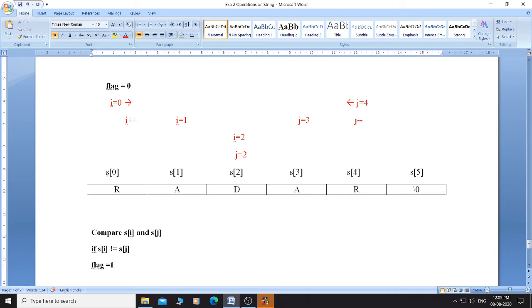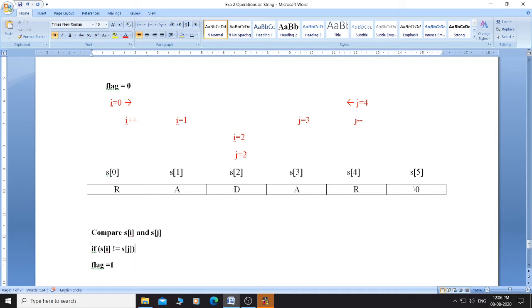If the first and last characters are different, then make flag equal to 1. Means when we find different characters, flag equal to 1. Otherwise flag will remain 0 only, because initially we made it 0, so that will remain as it is.